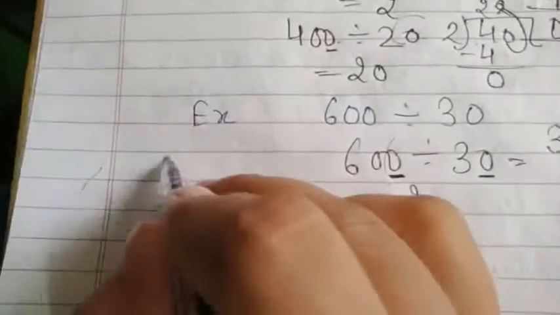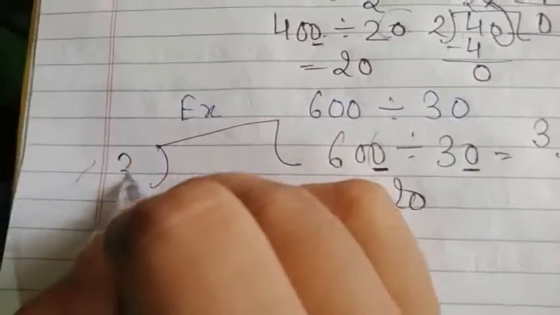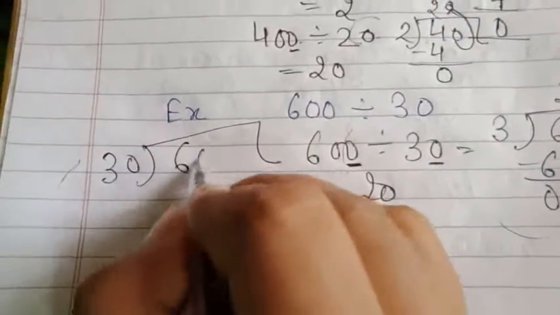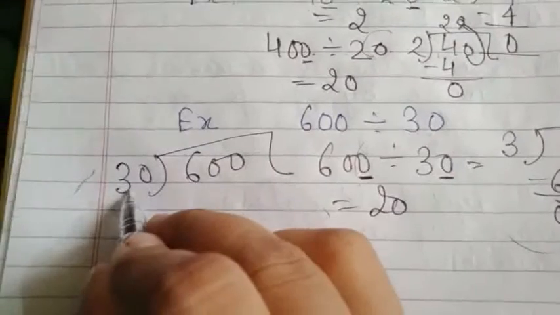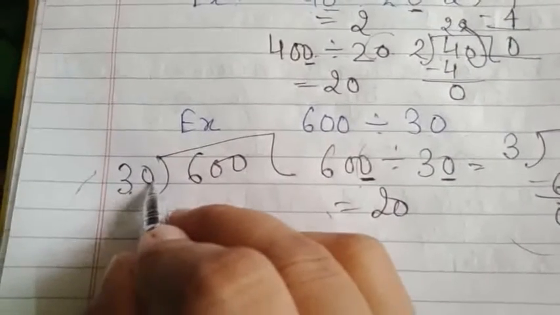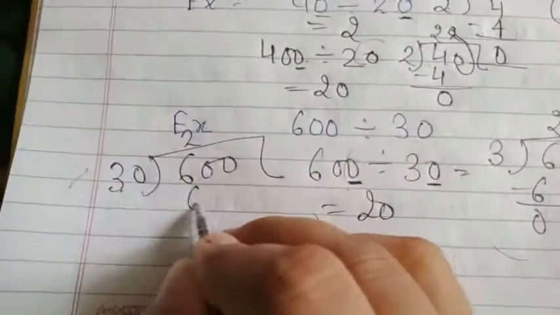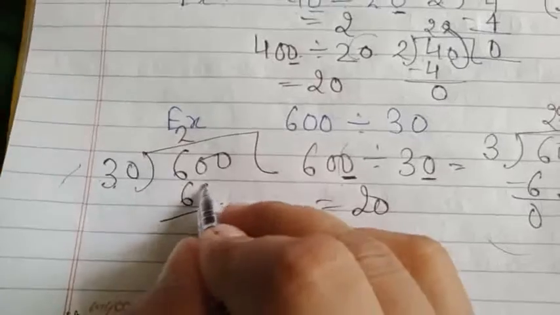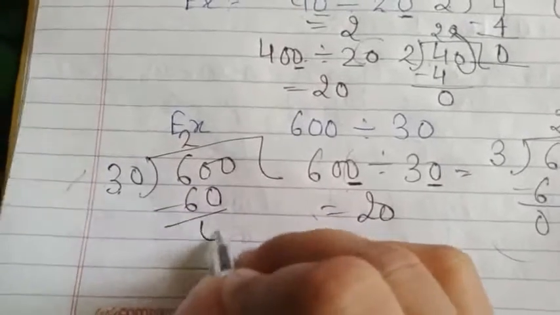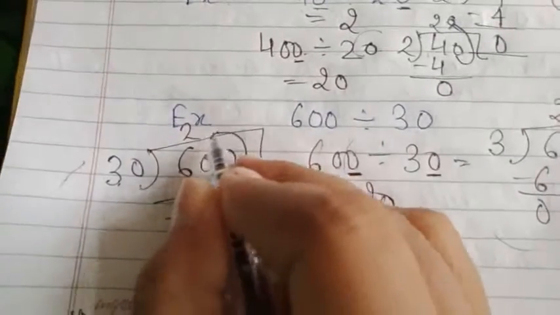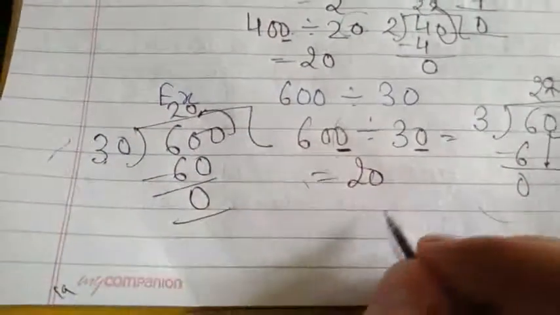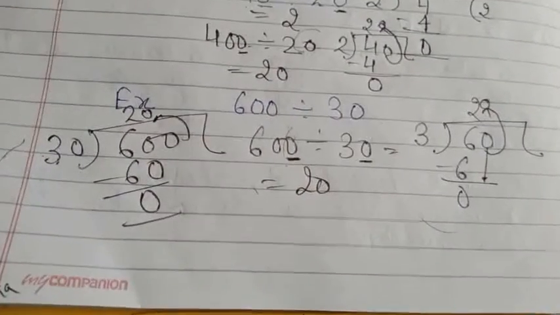And you can divide directly also. Actually this is the short trick to divide. Now 3 is the stable number, and we will take 1 zero after. 3 2s are 6, so 30 2s will be 60. Now 60 minus 60 is 0, 1 zero will be here, so it will also be 20.